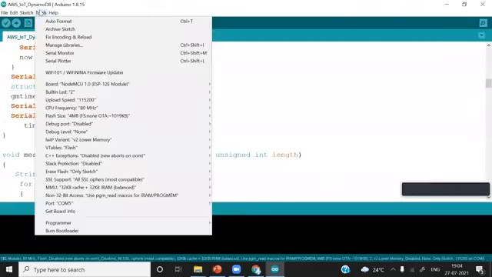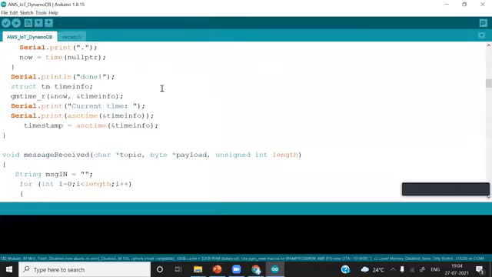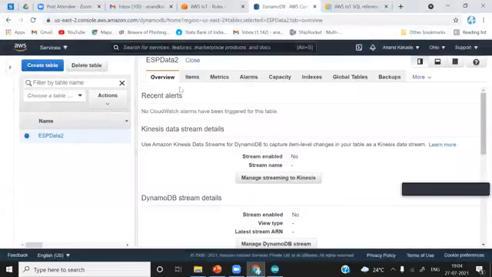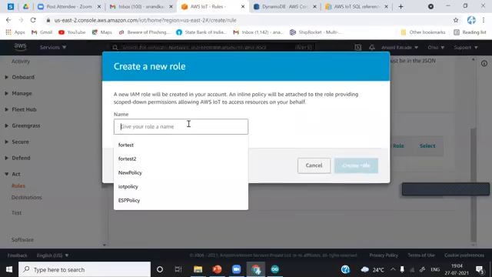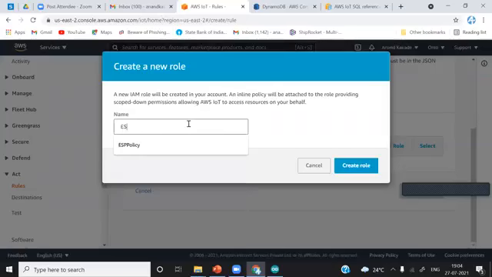And we'll simply upload this file. While it is uploading, we have created this table, and then refresh this one. You'll find this ESP data 2 table. Now attach any role, type anything you want, it doesn't matter. I will give ESP 123.